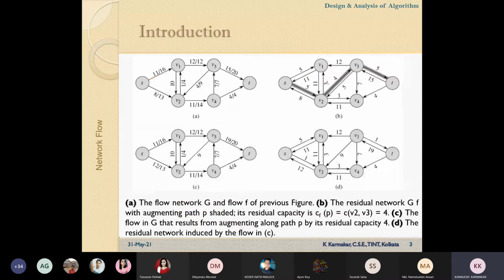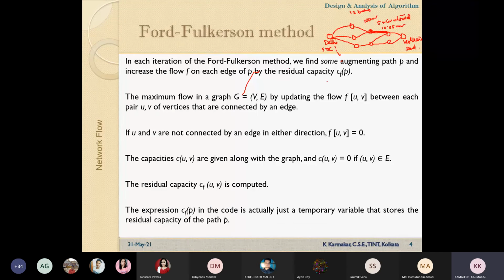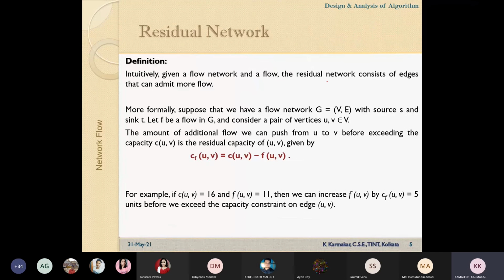So let us go to this algorithmic representation. How will we determine this? You have to understand a few definitions. These definitions are basically residual network, cut of a graph, and some other definitions are also there. I am coming to that. So what is a residual network? A residual network, basically,